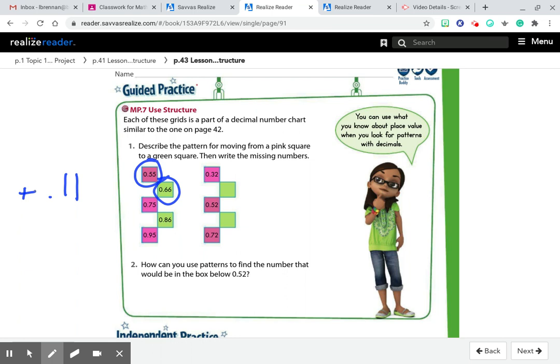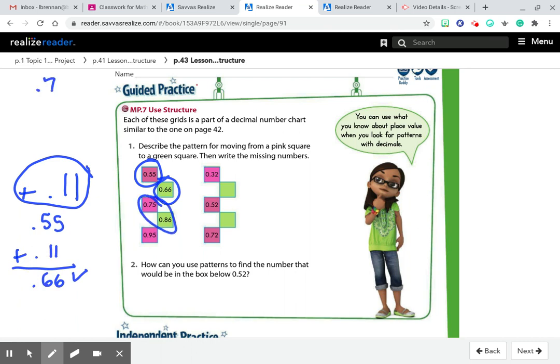Let's check to see if that works. So 0.55 plus 11 equals 0.66. So that did work. Let's double check that it works again. So if we go from a pink to a green, we have 0.75 plus 11 is 0.86. Yep, that works. So we can say our pattern is increase by